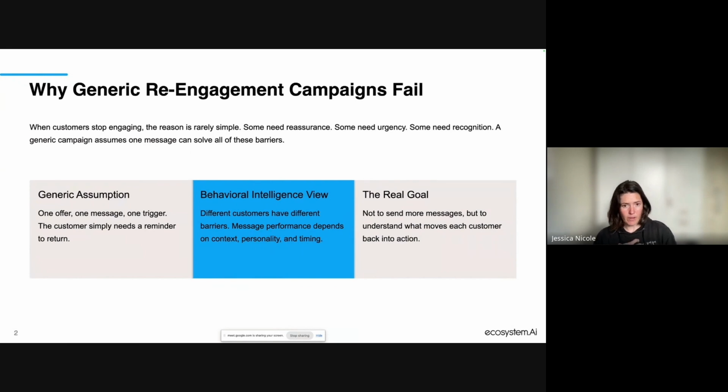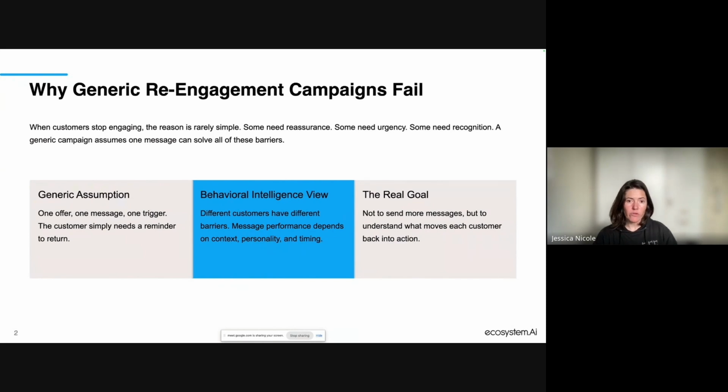And so what we hypothesize here is that you need to have some kind of a behavioral intelligence approach to it. You need to treat everybody as though they are this one. Now, I know that's incredibly hard to do, and especially when we're talking about content, which is what we're focusing on here, messaging. You cannot craft one message, or you cannot craft 500 messages to try to communicate with 500 different people, right?